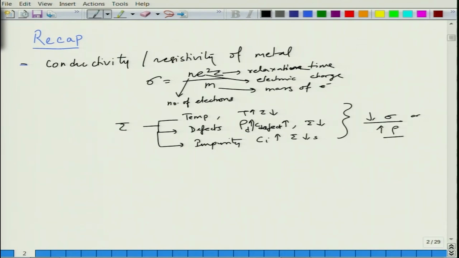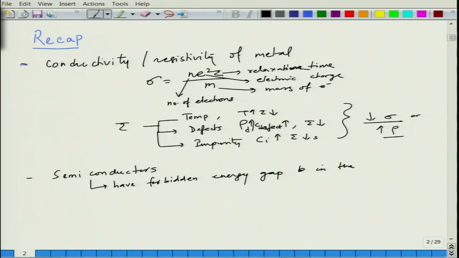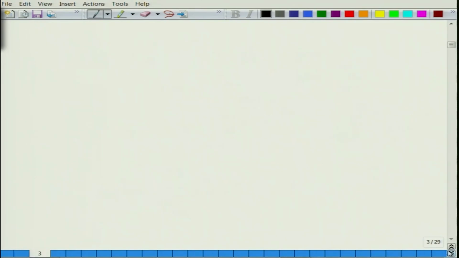This is what we discussed in the last lecture, and then we introduced the concept of semiconductors, and we have just said that semiconductors have a forbidden energy gap in the energy band diagram, in contrast to metals. So, essentially what we said was that at lattice points in the reciprocal space,